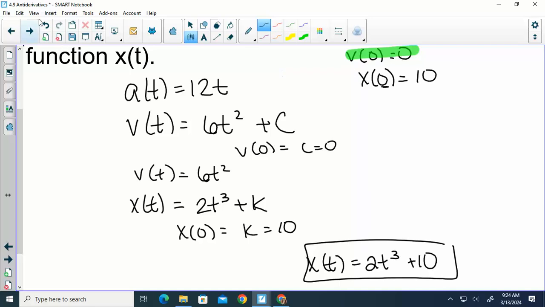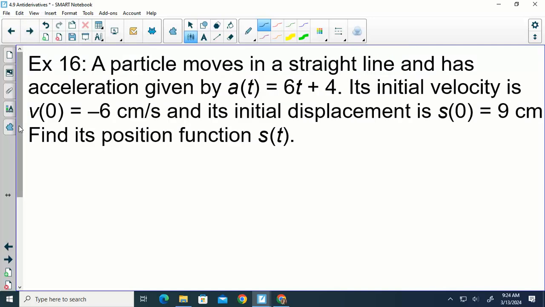Let's do one last problem and then I'm going to have you practice on your own. A particle moves in a straight line and has acceleration 6t plus 4. The initial velocity is -6, the initial displacement is 9. Find the position. This time I called my position function s. Sometimes it's called s, sometimes it's called x, so just be comfortable with either. So what do I do first? Antiderivative of acceleration is velocity. So that would be